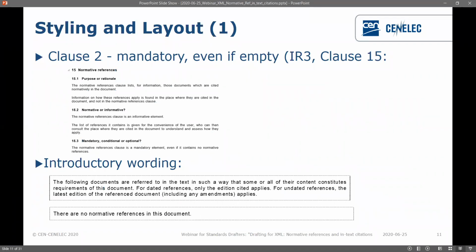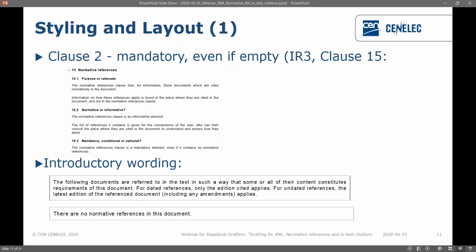Okay, thank you, Cynthia. So now a little bit on the styling and layout. This is quite important for us once you've followed the drafting rules, because if you follow the correct styling and layout, it means that we can prepare an XML file in a much more efficient manner. And that leaves us more time to focus on the content of the standard to make sure that that's the perfect quality.